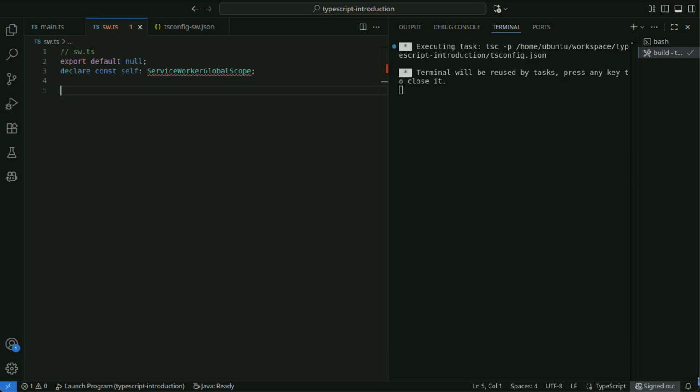In TypeScript, self is treated as any by default, so without additional typing, you won't get type completion or type checking for service worker specific APIs like skipWaiting or clients. Specifying ServiceWorkerGlobalScope enables auto-completion, prevents misuse, and allows for safer development separated from regular DOM scripts.